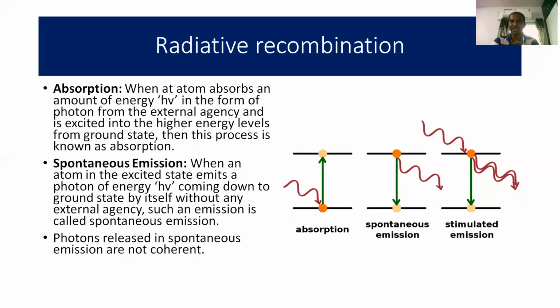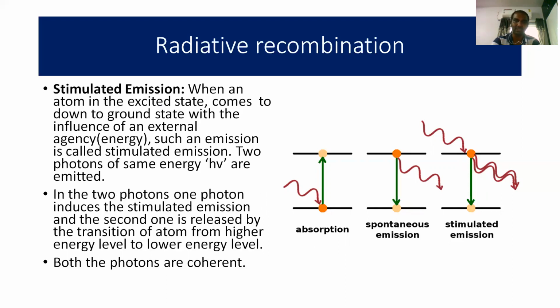Spontaneous emission. Once the electrons have reached the higher energy level, they return back to the ground state. Why? Because the position is not permanent for them in the higher energy level. The electrons present in the higher energy level are really unstable. They have to return to the ground state. Therefore, without the influence of any external energy, after the lifetime is over, the electrons in the higher energy level return to the ground state by releasing the excess energy in the form of a photon, h nu, by itself. Such an emission process is called spontaneous emission. Photons released in spontaneous emission are not coherent. You can see the spontaneous emission process in the second part of this diagram.